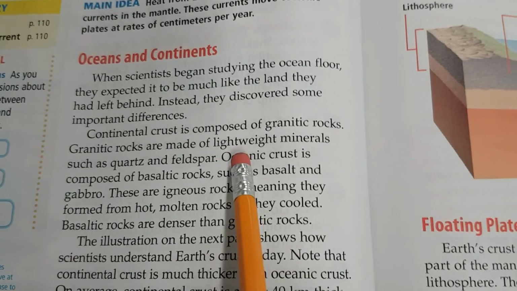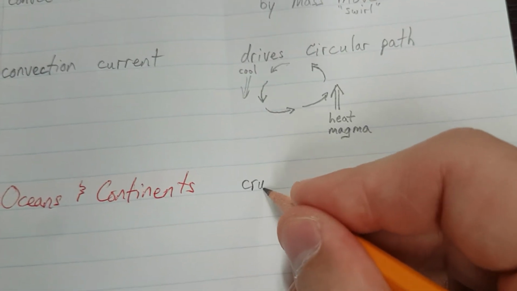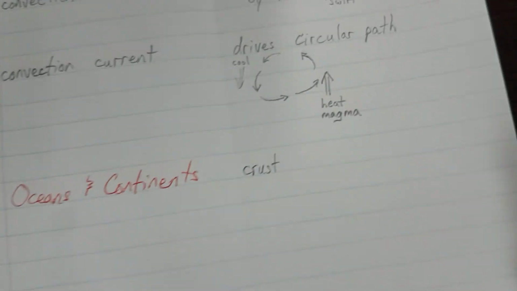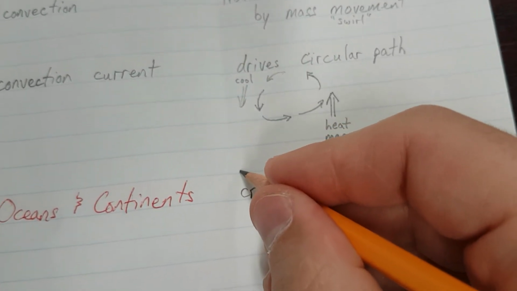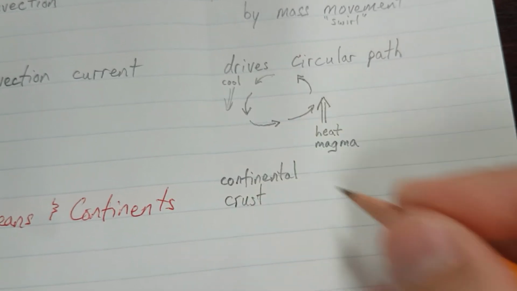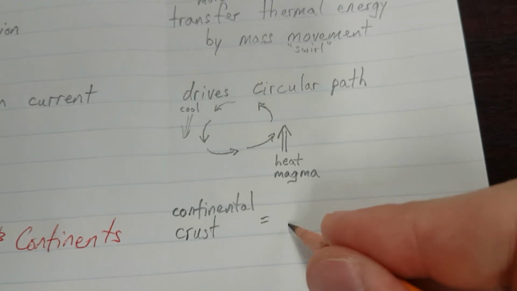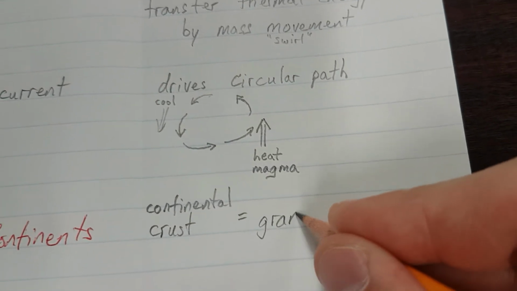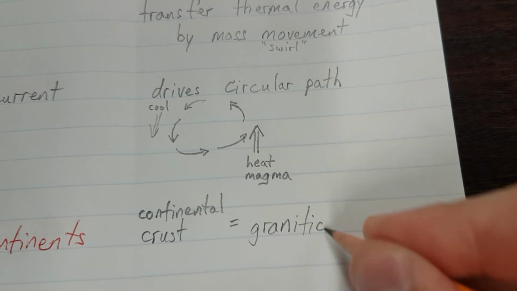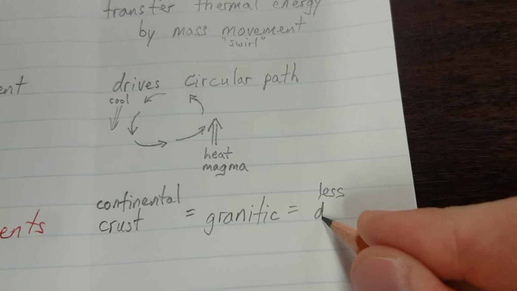Granitic rocks are made of lightweight minerals, such as quartz and feldspar. Okay, that's important. So, crust, C-R-U-S-T, but it's not just crust, it's continental crust, C-O-N-T-I-N-E-N-T-A-L. So, not the crust in the oceans, only the crust at the continents. Continental crust equals granitic, G-R-A-N-I-T-I-C, and that equals less, L-E-S-S, dense,